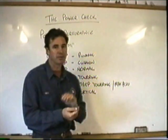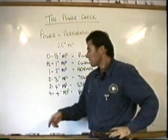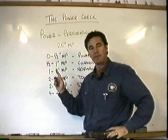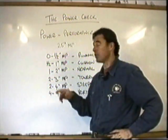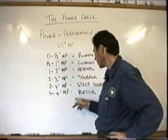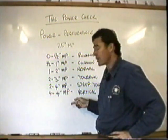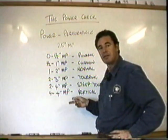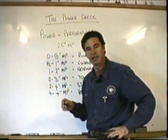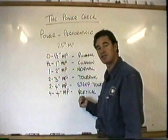Now, some of the problems that guys have is they go in empty. So they do a power check and they have all this power because they took off at a helipad and they were empty, and so it only took them 20 inches to hover. They do a power check, they've got 5-inch margin, they go, oh, I can go vertical, and they go vertical into the pad, but what they do then is they fill the helicopter up. So they then put a 22-stone station hand or geologist on board, whoever, some guy that's heavy, he has his rock samples or his carton of beer or whatever he happens to have, and he puts it under the seat,